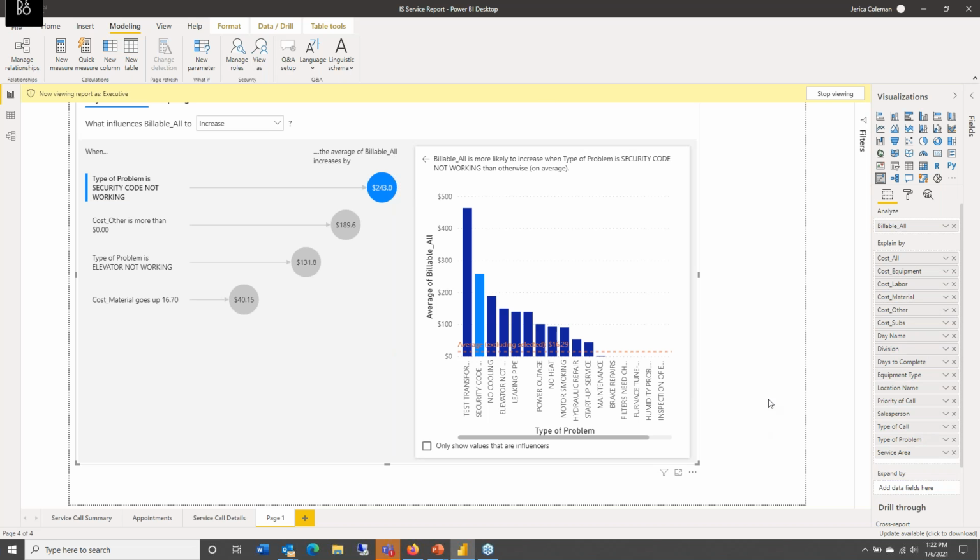It took that many fields just to get a few results here within the key influencers. But some of the things it's told me is when the type of problem is security code not working, the average billable increases by $243. So that's a pretty profitable, or at least hope profitable. I know I'd have to look at cost versus billable, but that's something that is allowing me to bill more